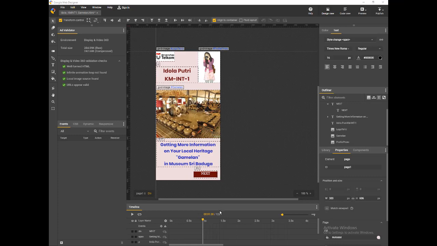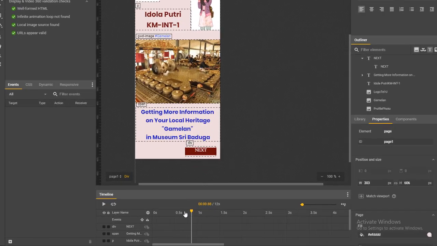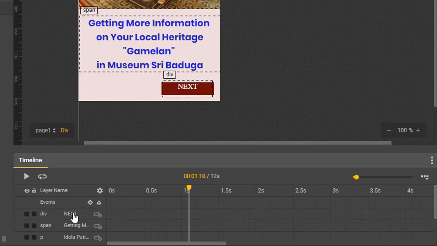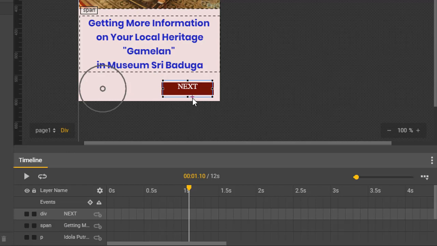To make an animation, you click on the layer, picture or text that you want to animate, for example this button. Use the selection tool to click the button, and then put these tools on your timeline. Right click, insert keyframe.